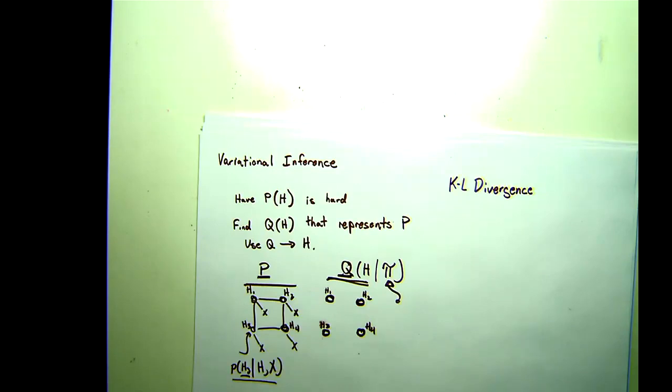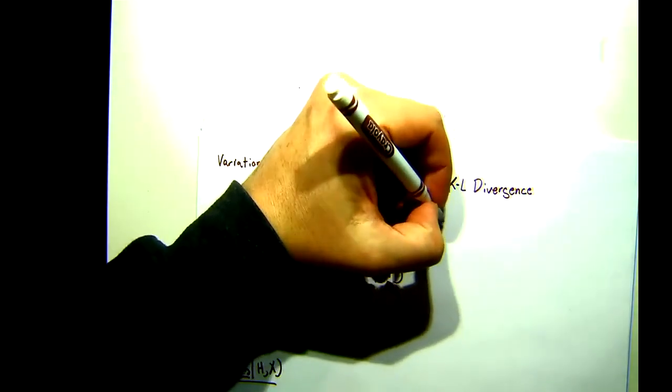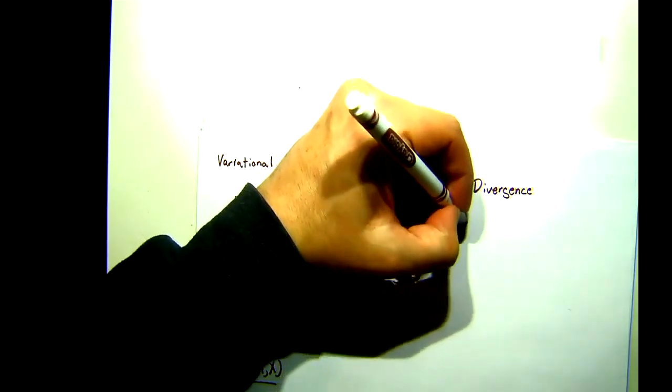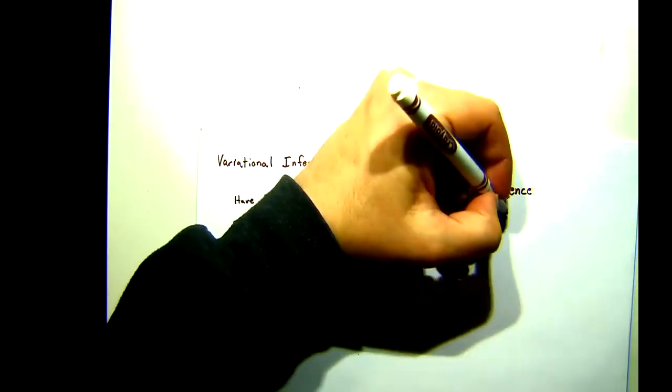So if I have two probability distributions over the same set of variables, I can ask, are these things similar? So the definition of KL divergence, which we usually write as D of one probability distribution given the other, is equal to